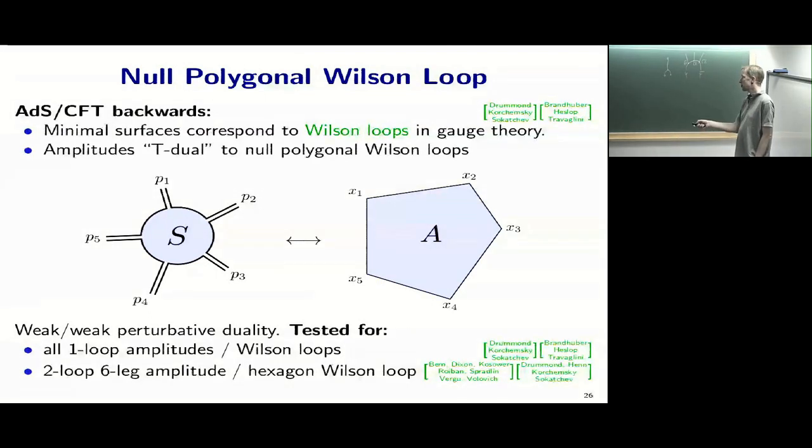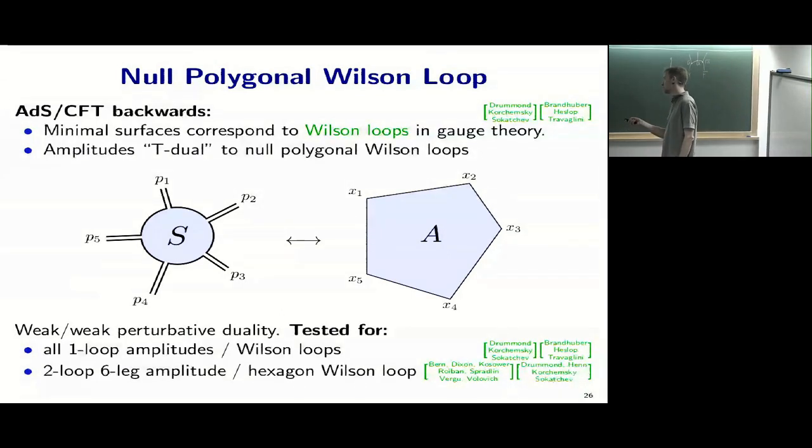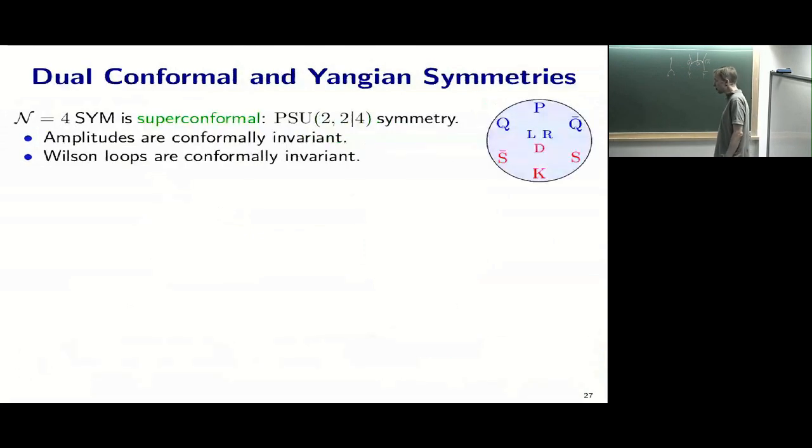And the nice thing is that these two things are defined in the gauge theory, can both be computed perturbatively, and so you can do a perturbative comparison between this one and that one. So this is perhaps best seen as a test of T-duality in the gauge theory, even though you don't quite know what T-duality is in the gauge theory, but let's test that. And this has been tested at 1 and 2 loops quite successfully, so there's a lot of confidence that this works out. This T-duality tells us something more,